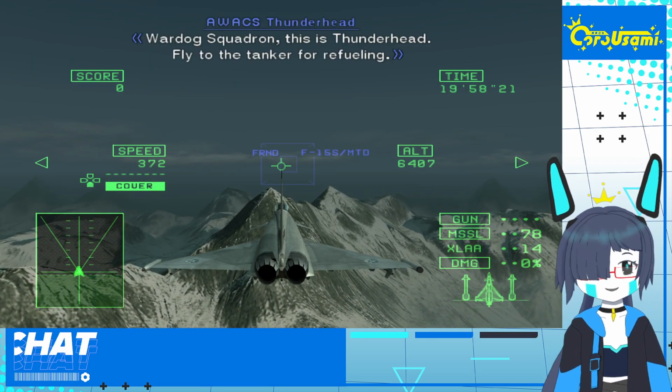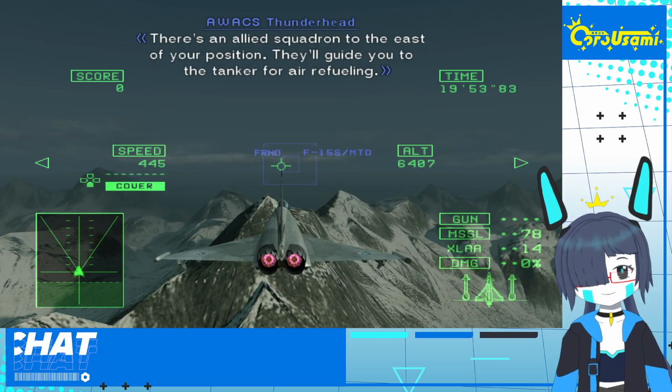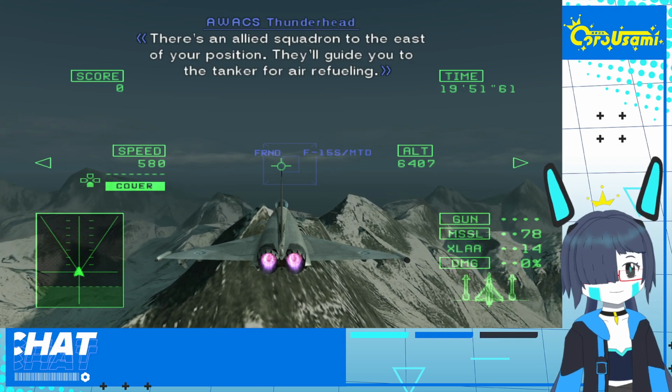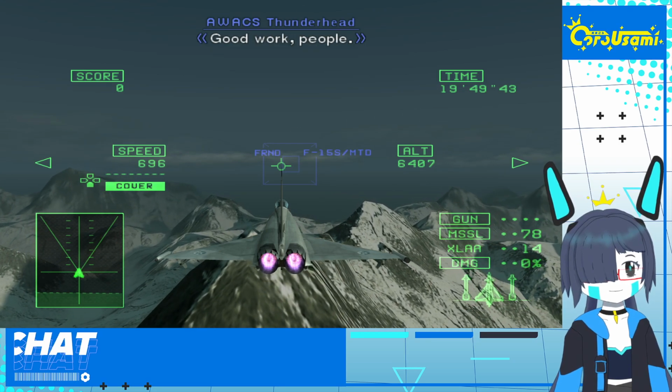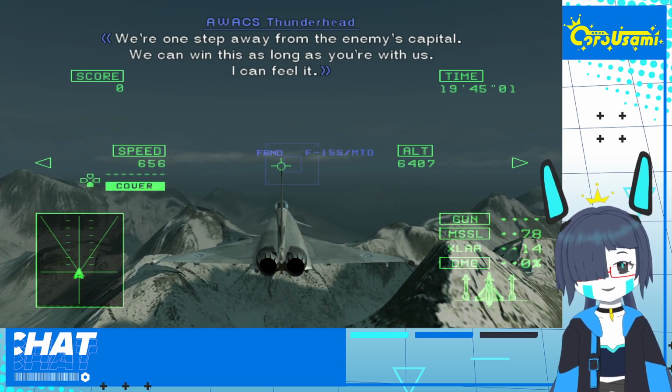Alright, I want to see if we can actually get some headway with this. Wardog Squadron, this is Thunderhead. Fly to the tanker for refueling. There is an Allied squadron to the east of your position. They'll guide you to the tanker for air refueling. I know they just want us to flee, but I am curious. We can...